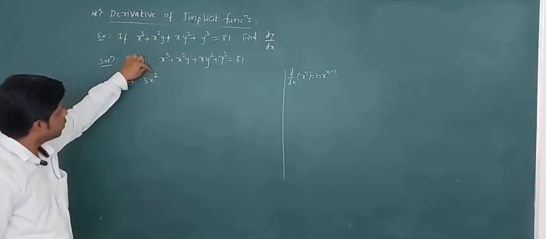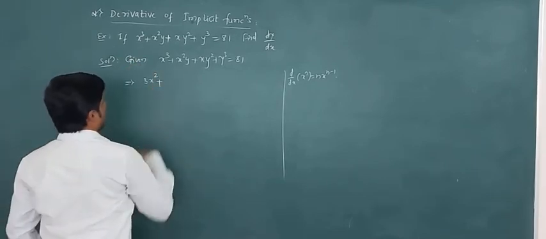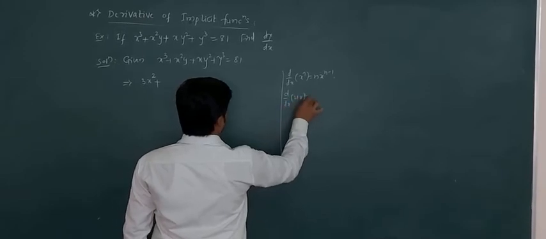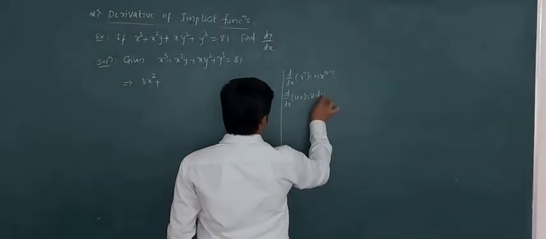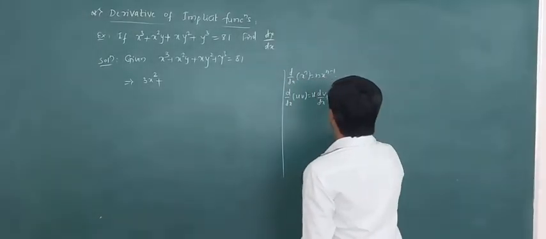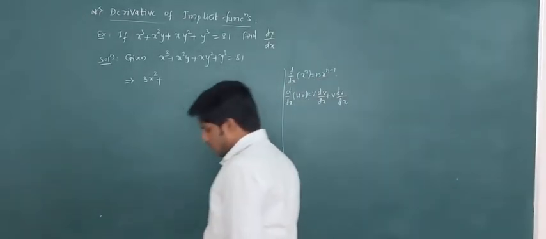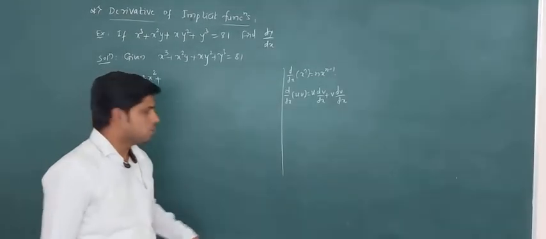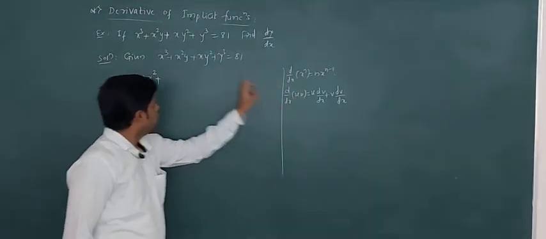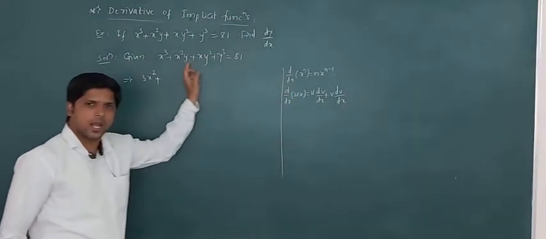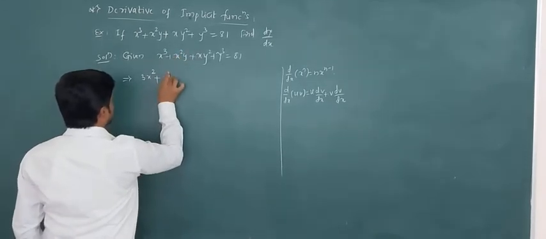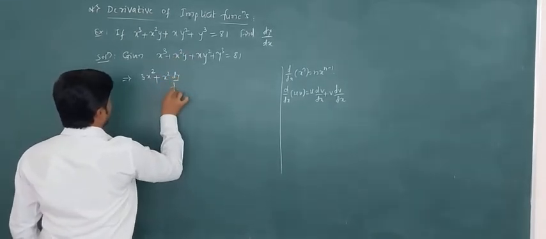So 3 into x square plus, again by using product rule, d by dx of u into v is equal to first function constant, second function differentiation, dv by dx, plus second function constant, differentiation of first function, that is v into du by dx. By using this formula, we have to differentiate this one. Here in the place of u we have x square, in the place of v we have y. So differentiating this one, we get first function is constant, that is x square, y differentiation is dy by dx